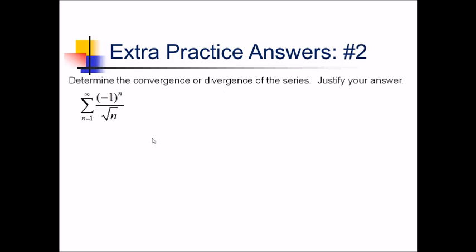For number 3, we're trying to figure out whether or not this series converges. Now the terms of this series are alternating. They are decreasing in absolute value as we go, and also the limit of the nth term is going to be 0. So because these terms alternate and decrease in absolute value to 0, we can say this converges by